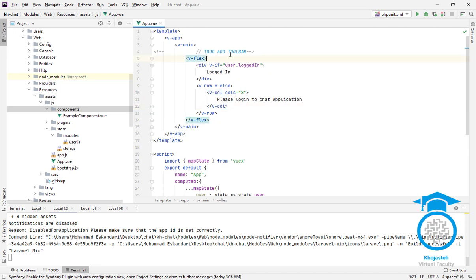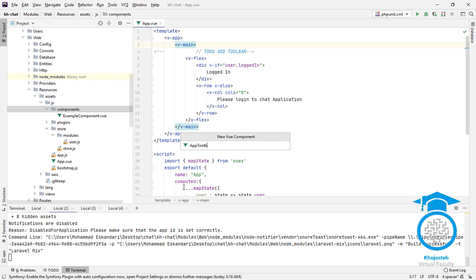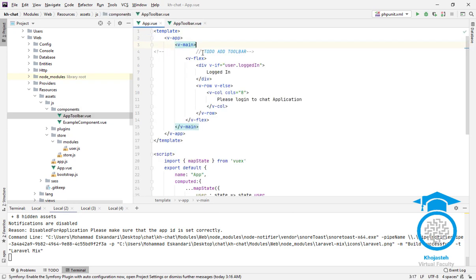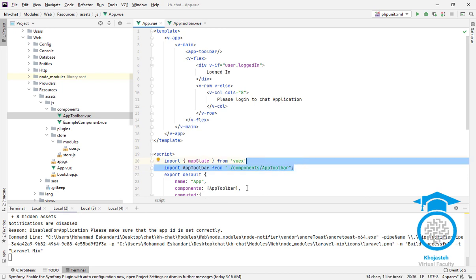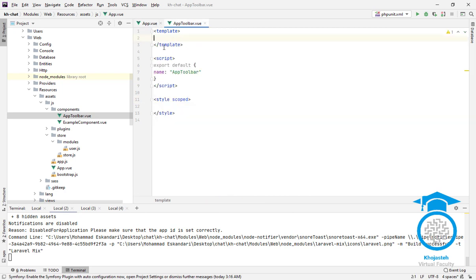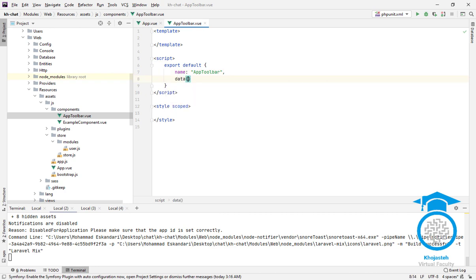In this video I'm going to add a toolbar to our application, and I'm going to start with creating a new component here. Let's call this app toolbar, and let's import this in app.vue. App toolbar, and that's it. And if you're using Visual Studio Code, you need to add these import lines manually in app.vue component. And then in app toolbar I'm going to start with adding data object,